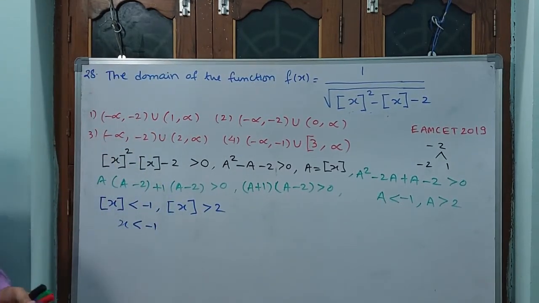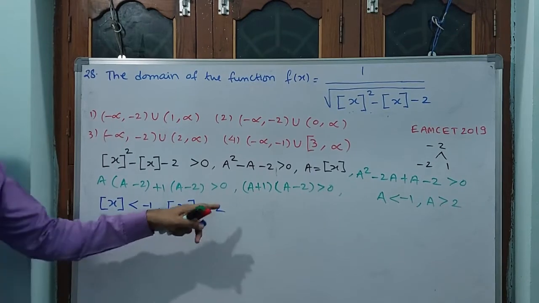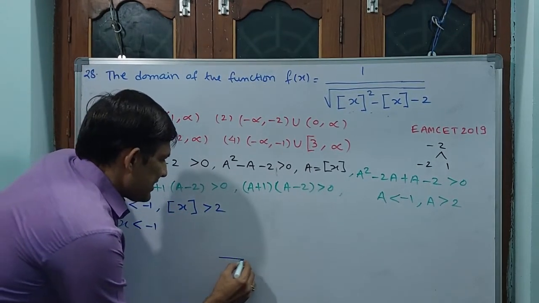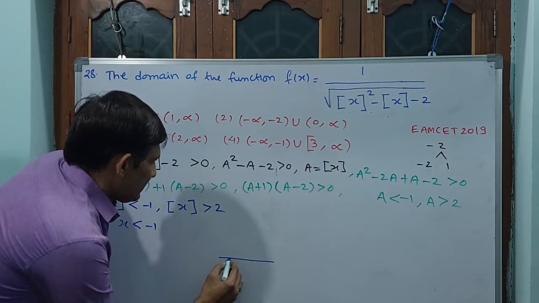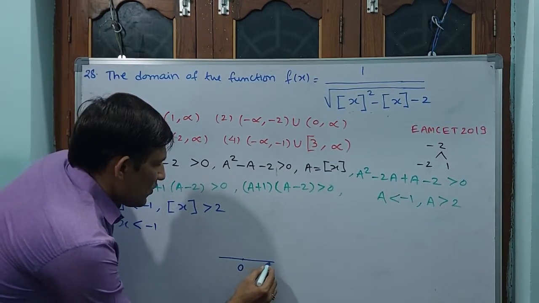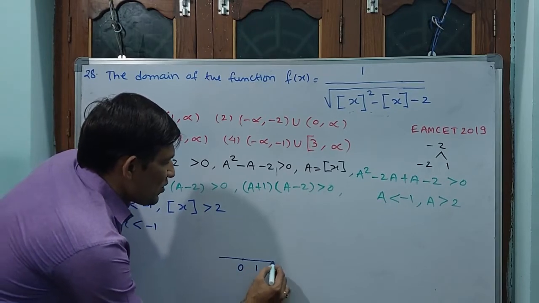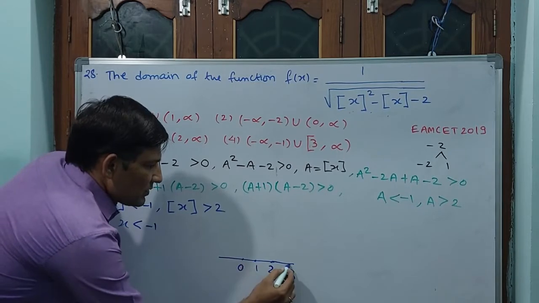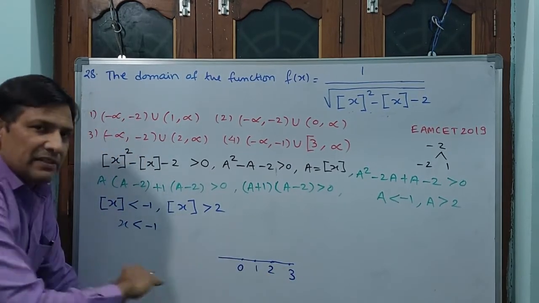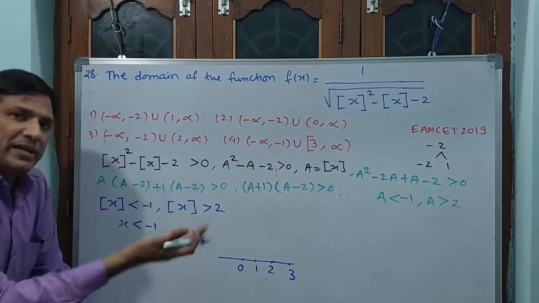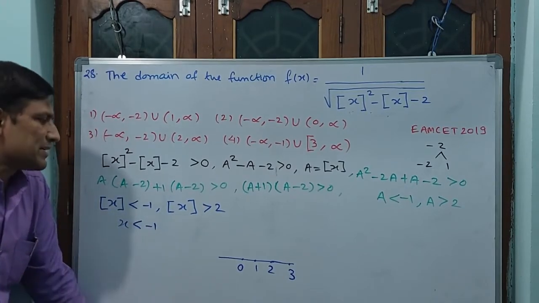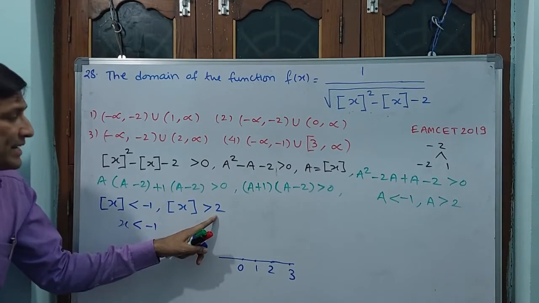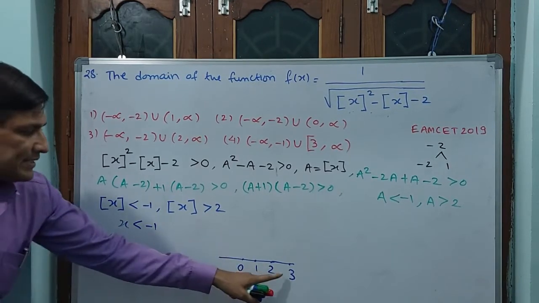Okay, now come back to x is greater than 2. The greatest integer function should be greater than 2. See what I am writing here. This is 0 and this is 1, this is 2 and this is 3. See, 2 means I have taken 1 and 2, plus 1 and 2. Both intervals I have taken, left side, right side, left limit, right limit, like we have already seen in limits. The greatest integer function should come greater than 2, which means you always take